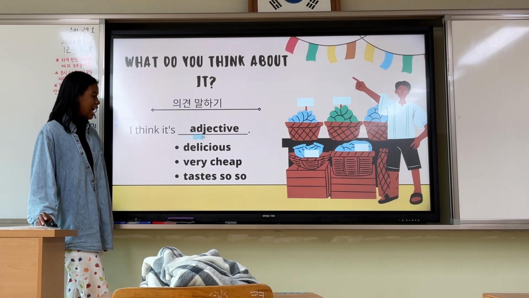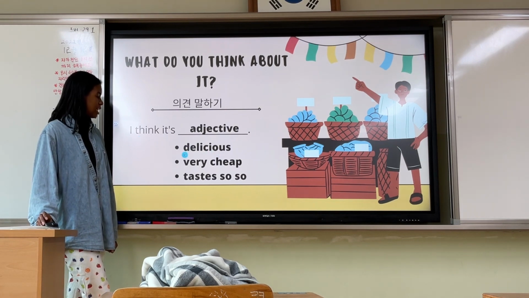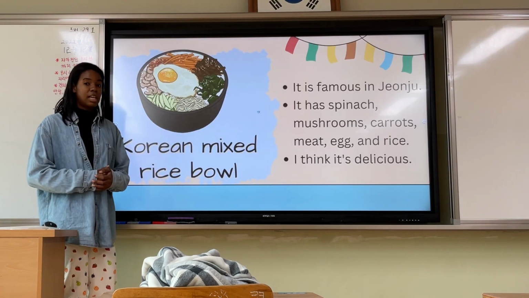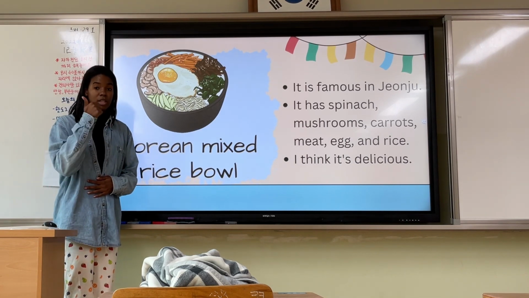I think it's adjective. So what's your opinion? I think it's delicious. I think it's very cheap. I think it tastes so-so. So now, reviewing both key expressions, I want them to practice the beginning of step 2, using our first key